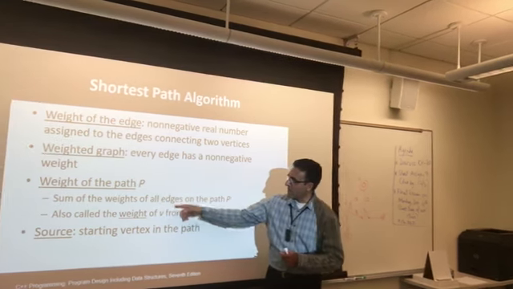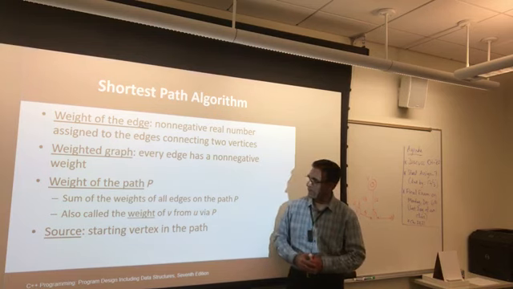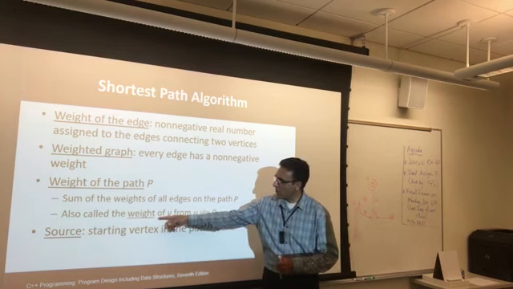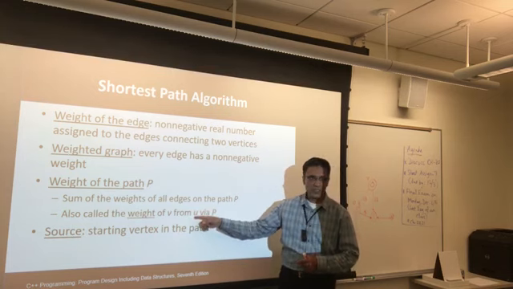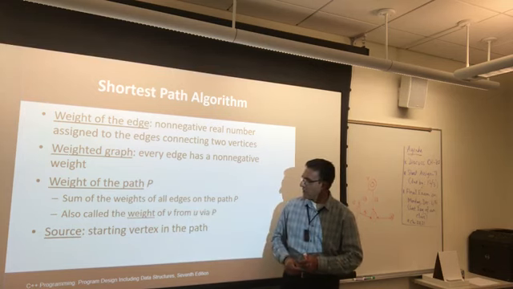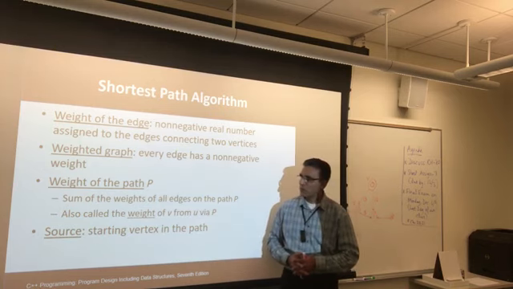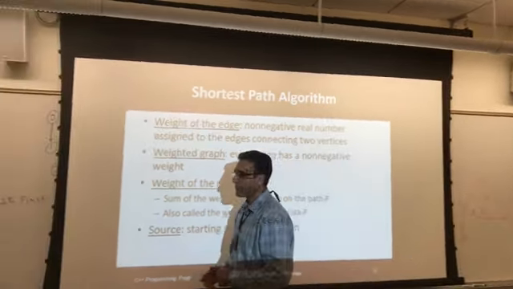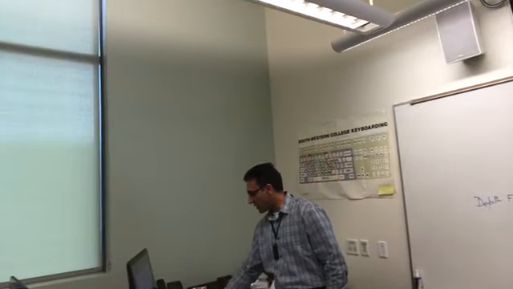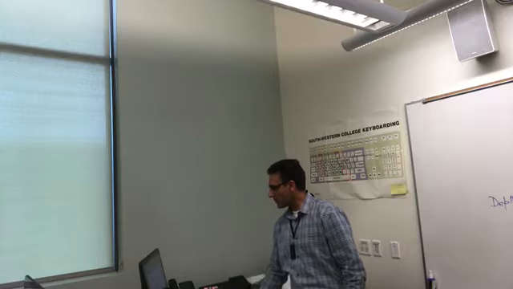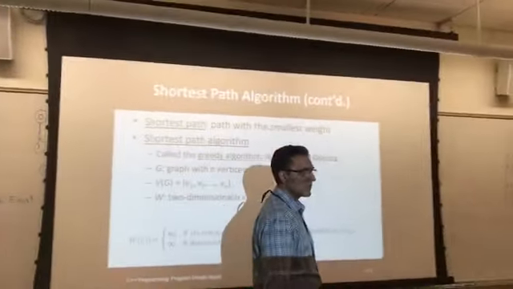So the sum of the weights of all edges on the path P, you can add them all up, is also called the weight of vertex V from U, the starting vertex in the path. So you start from the first vertex and continue to add the weights to get the sum of all the weights. Now, the shortest path will be, and we'll see a couple of examples,